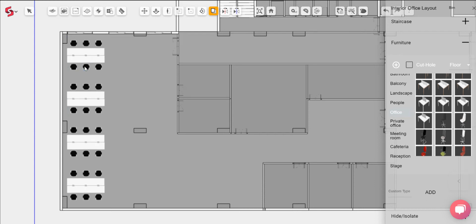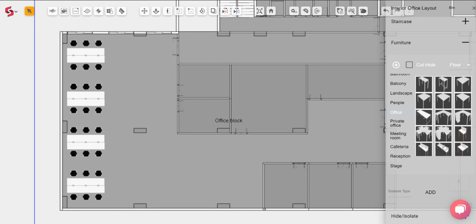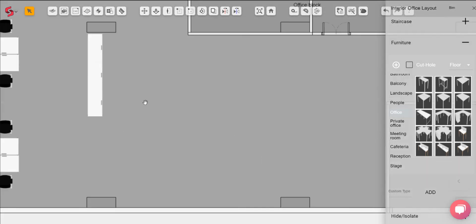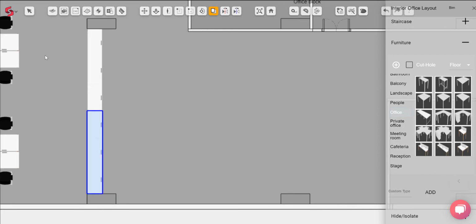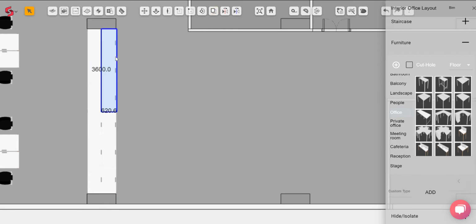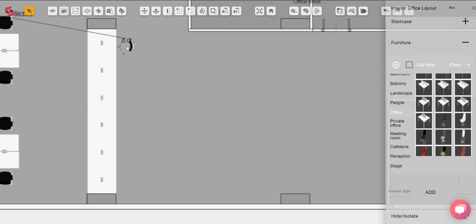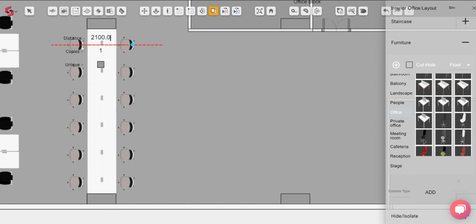Let's continue placing in the workstations. I've used the columns as a guiding factor in designing the areas. Now you'll observe that there's a variety of furniture organized in the library as per their category. This makes it convenient for us to select the ones that we need. Let's stick to the same steps that we've used earlier. So placing in the objects, rotating them, making copies of them, and then flipping them to the correct orientation.